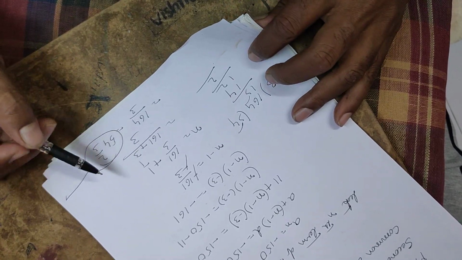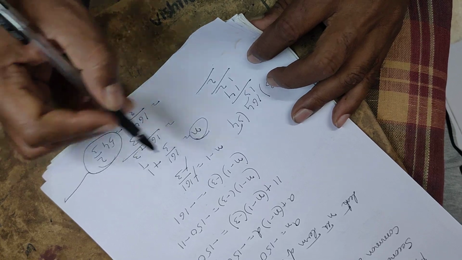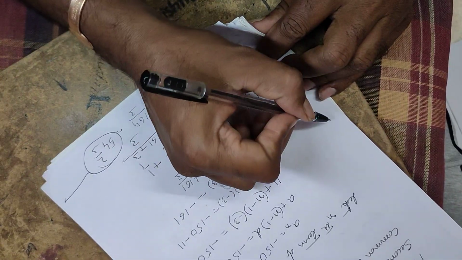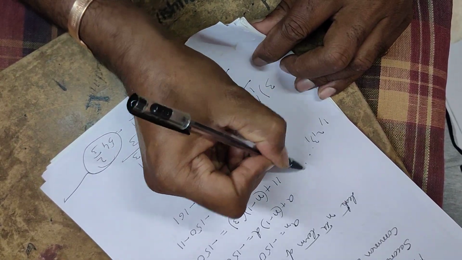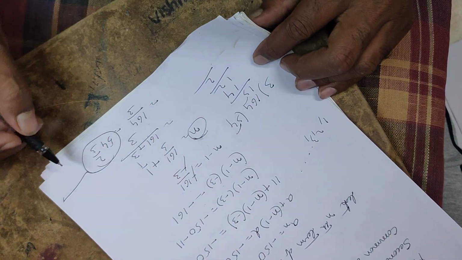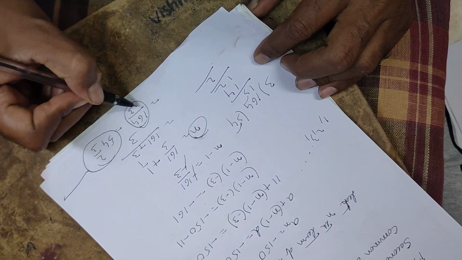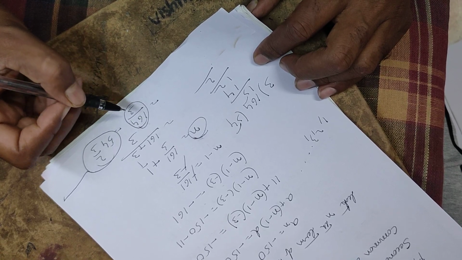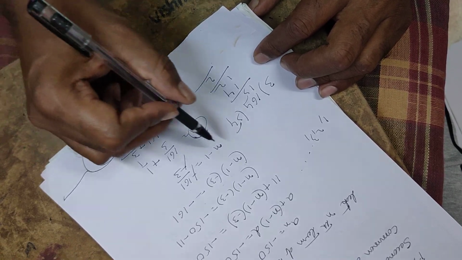What you should understand is, this n value, you have to get a natural number. Natural numbers means 1, 2, 3, etc., like this, 54, 55, like that. But you got a fraction. Rational number, you got it. So if you got a rational number, this number does not exist in this